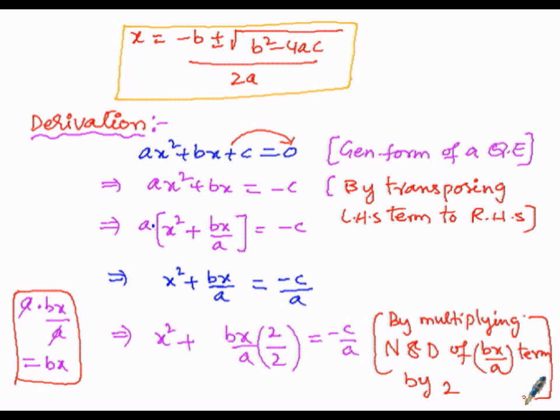So here, so that implies x square written as it is plus this 2, numerator 2 I want to write as it is, 2 into x as it is, then when 2 and x are written, b is left over in the numerator, divided by 2 into a is 2a, then that is equal to minus c divided by a.